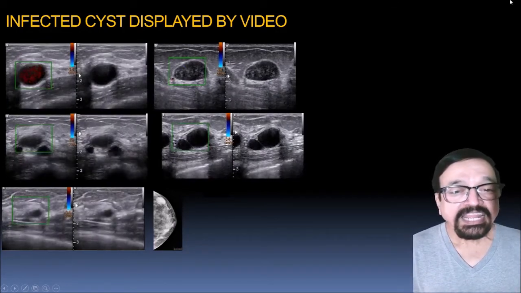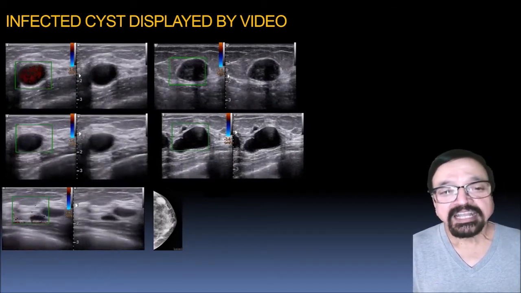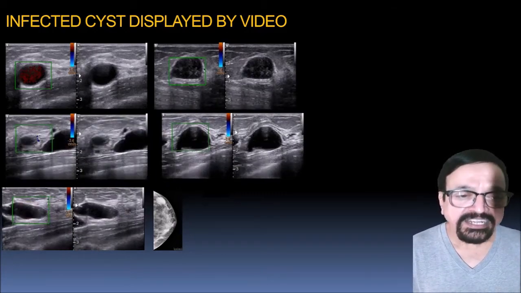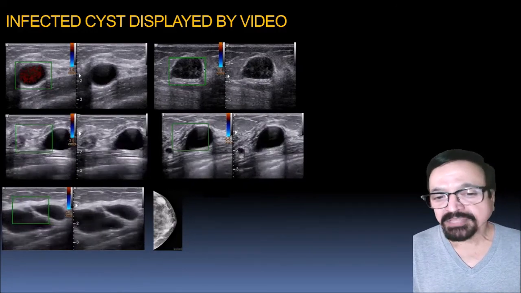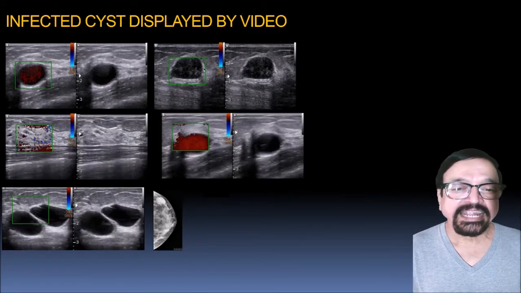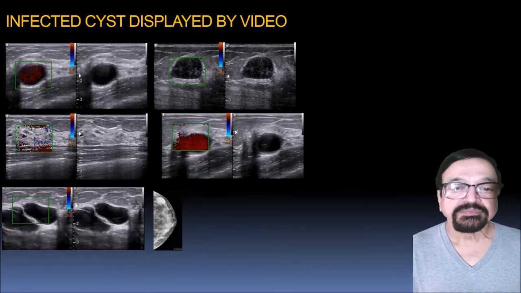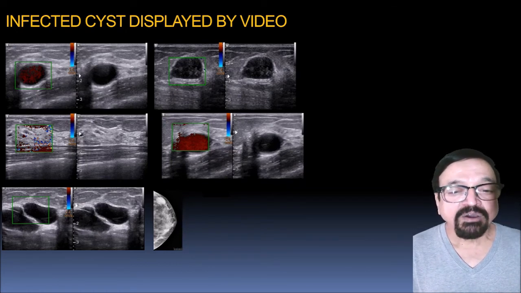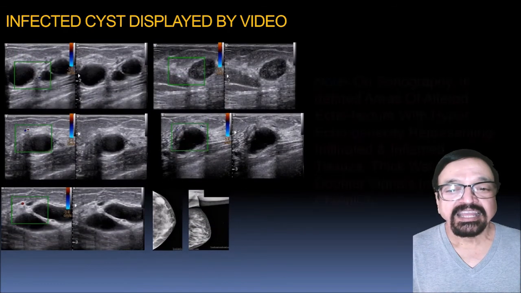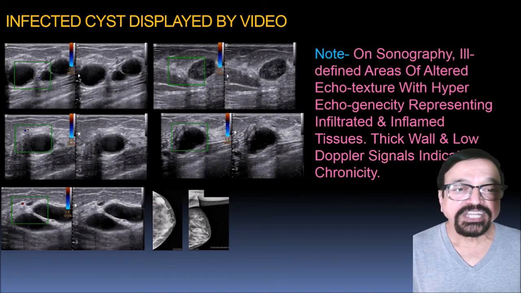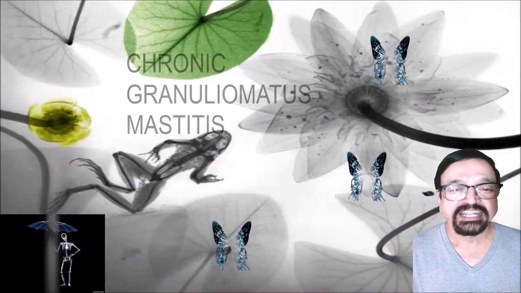So definitely Doppler is a perfect investigation in case you are suspecting whether it is a duct, a cyst, or something else. That can be best located by ultrasound, since you can trace the ducts, you can see the parenchyma surrounding, you can note the fibrosis, and all that can tell you whether it is an inflammatory pathology or otherwise. And not only that, what is the etiology for it?